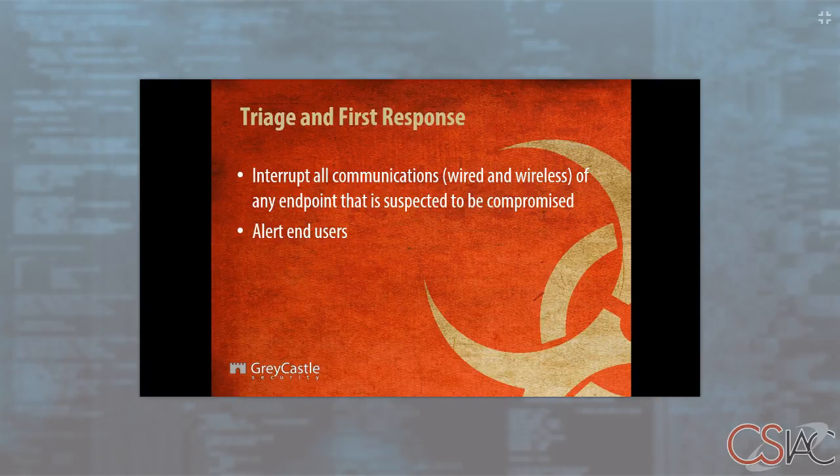Communicating to your end users is critical. We're going to do some things technically to provide some backstops for them, but they need to know immediately that the organization is experiencing a ransomware attack, and that they should do certain things, and that those certain things may change depending on the intrusion itself. But this is all about containment, and the faster